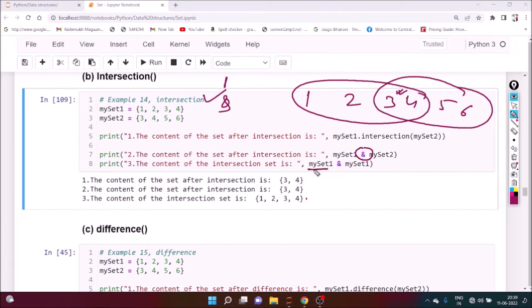So we can apply intersection with the same intersection, mySet1 intersect mySet1. So the same way we can get the answer. Okay, so in this way we can apply the intersection. Now we can